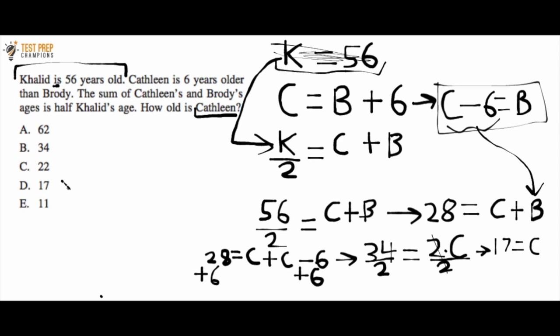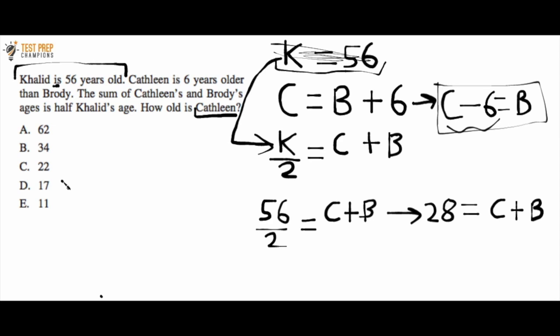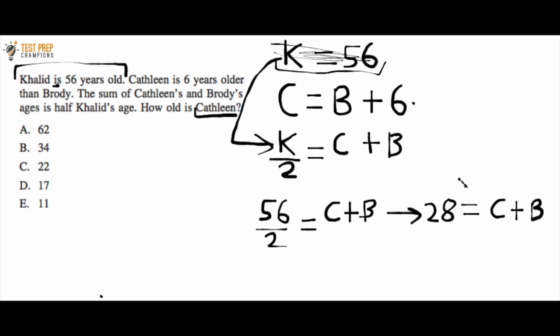All right, so let me just show you what happens if we do this the other way. So we have 28 equals c plus b. Now if I take this, c equals b plus 6, and plug that in here for c, watch how this changes the game. So if I do that, I would then have 28